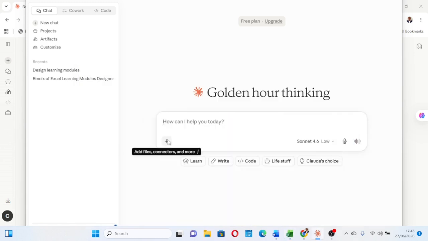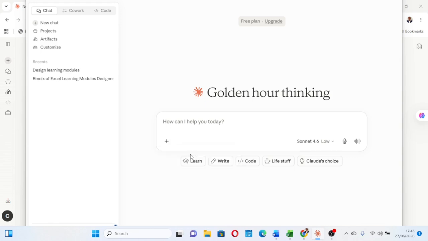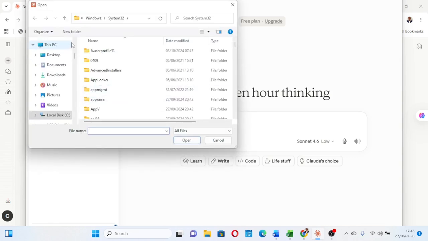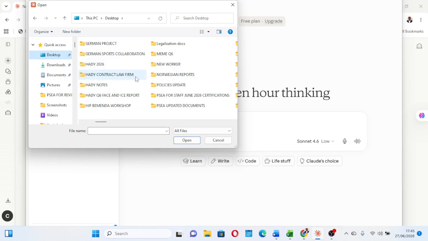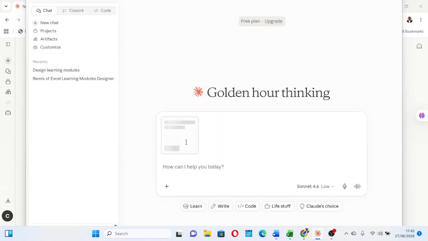So I'll just click this small plus. I'll go to new chat here, click this small plus, and click add files. Once I click that, it takes me to my machine and then I find that file, pick it, and bring it in. It's called consolidate data. This is the file here and then I click that. Once I click, it brings the file inside Claude AI and I say